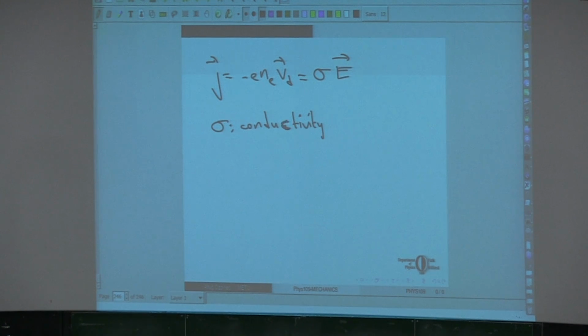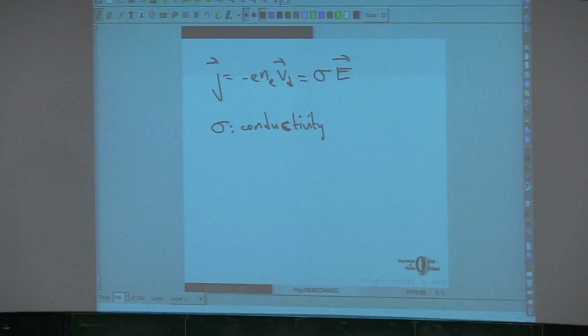So what does the conductivity depend on? Well, the density of your charge carriers, in this case we have the electrons that are moving, that are carrying the current. The density of the electrons, the drift velocity that can be created by the given electric field, it will depend on the local properties. It doesn't depend on the shape of the material, for example. The shape doesn't enter into this relation. So this is a property of the material itself, just like its mass, its volume. Now we have another property, the so-called conductivity.